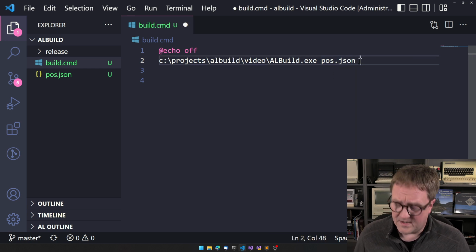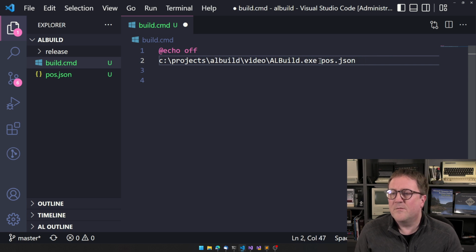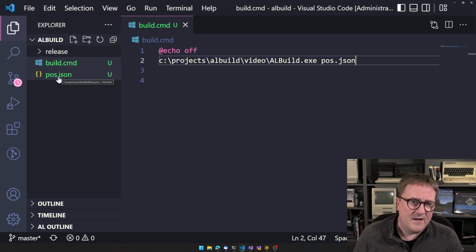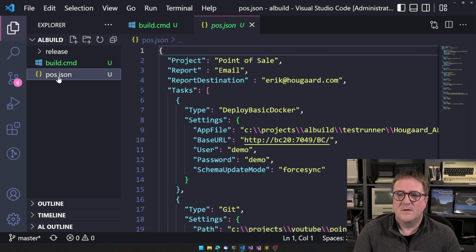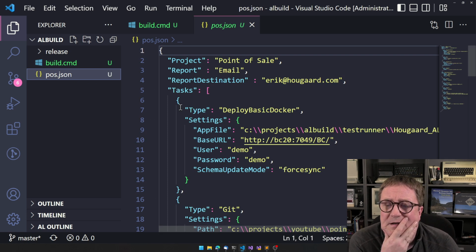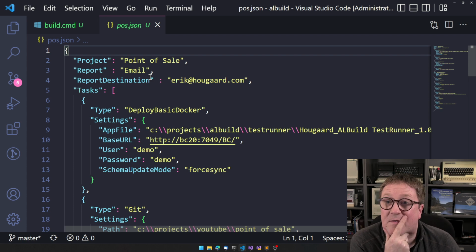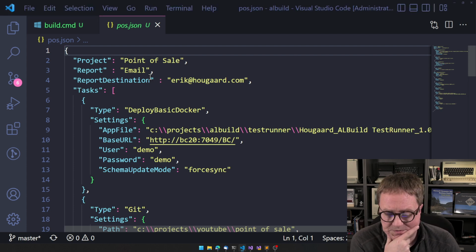pos.json. I could actually pass another command saying dash offline, and we'll get back to that in a second or two. Anyway, we're passing a parameter which is the name of a JSON file, and that happens to be the JSON file I have right here. So this JSON file contains the instructions of what to do. So if we go back to